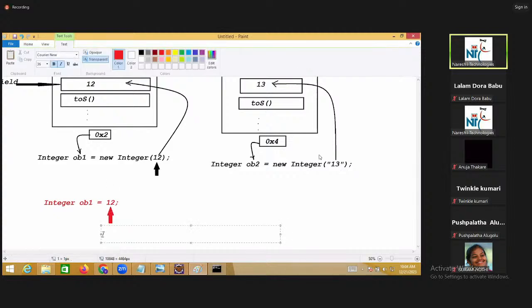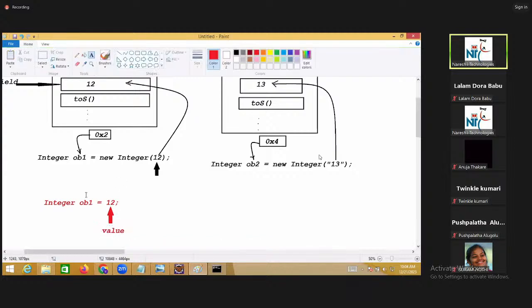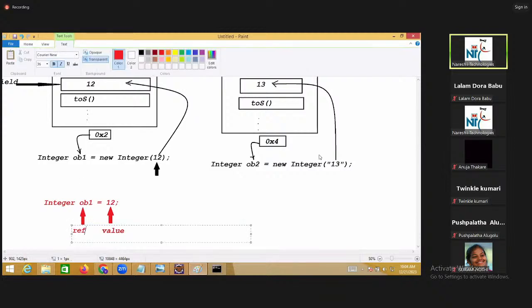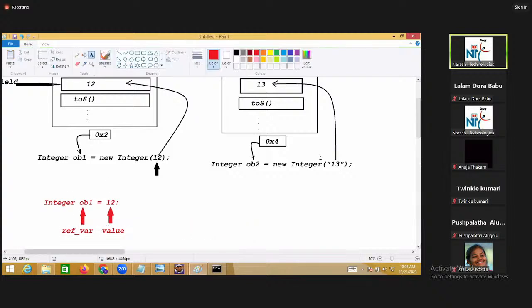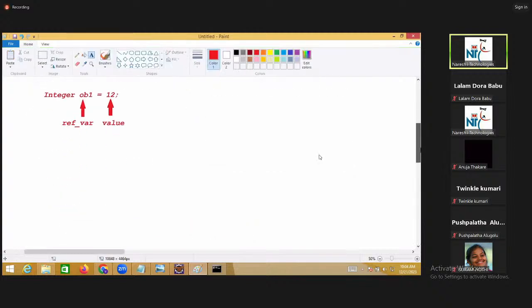Yes or no? And ob1 is a non-primitive data type variable. This is a reference variable, which means a non-primitive data type variable. ob1 will hold an address only. ob1 cannot hold a value.